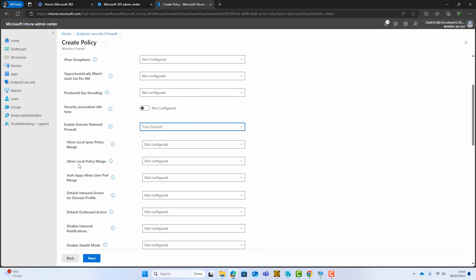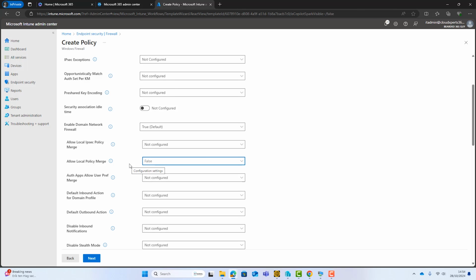Now you might also want to consider this option here, allow local policy merge. You might want to set that to false. So if you remember when we created the antivirus policy and we disabled the admin merge, that means that Intune is our source of truth. And if anyone on the local device tries to play with the AV, or in this case the firewall, they won't be able to.